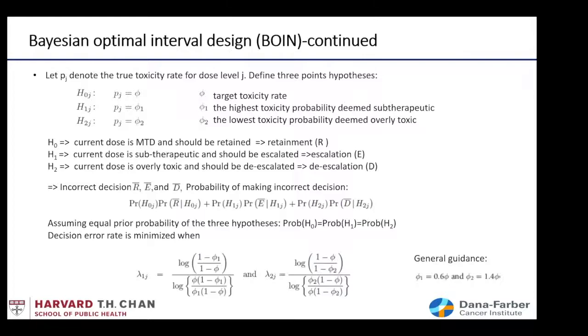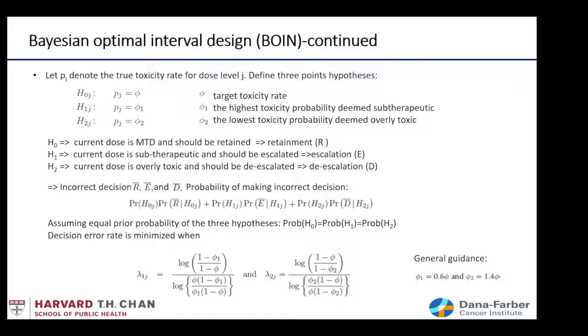So the idea is really just, okay, we calculate to see which one. If we conclude the first hypothesis, then the current dose is the MTD, and we should retain. The right decision is retainment. If we conclude H1 is correct, then the current dose level is subtherapeutic and should be escalated. The right decision is escalation, E. Then if we conclude H2 is correct, the current dose level is overly toxic, and the right decision is de-escalation,